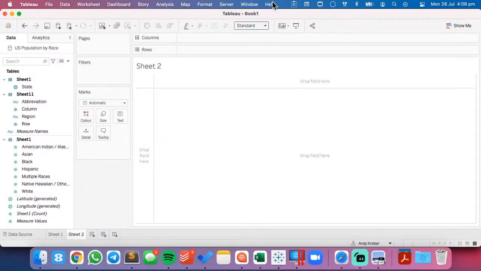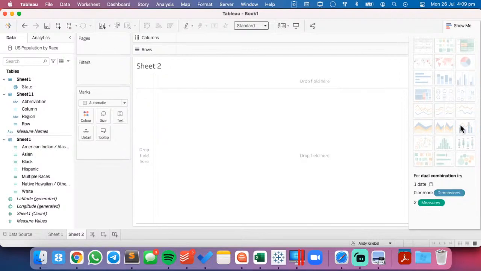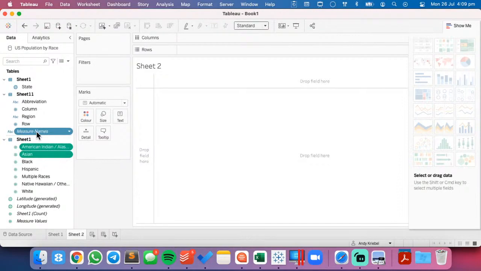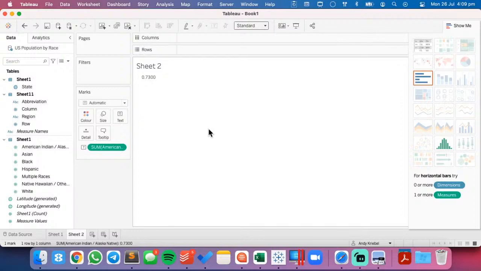Let's see, so if I go over to show me here, it tells me, where's my tree map? I need to have 1 or more dimensions and 1 or 2 measures. 1 or 2, okay. So let's just try that. Let me put that in the view. And let's put measure names on color. And let's put a second one in here. Okay, so that's not working. So, okay, so I think if we're going to create the tree map, what I'm going to need to do